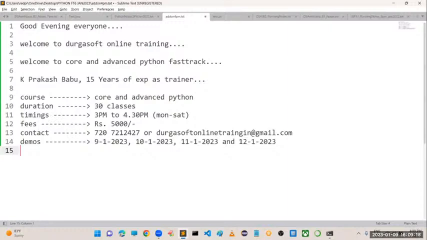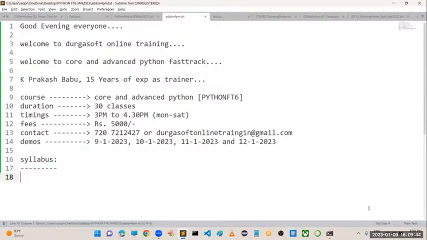Next, this is nothing but information. Till now I have taken almost 5 fast track batches. This is the fast track batch 6, Python fast track 6th batch. And I need to talk about the syllabus.